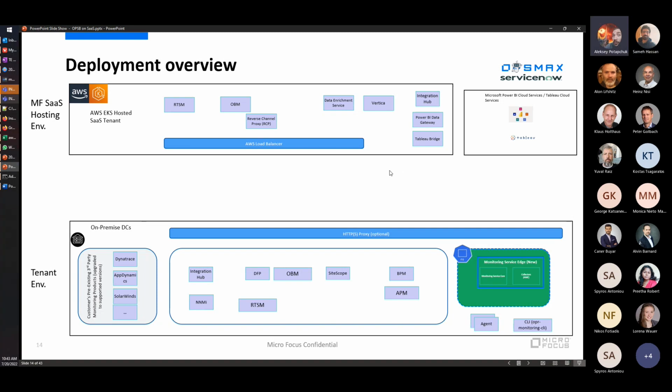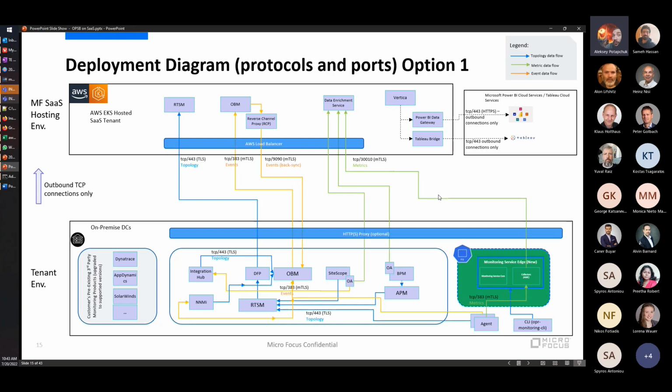Okay, thank you. So the customer environment has Micro Focus products, SaaS has Micro Focus products. What is the relationship between the two? What do we need to establish? Now, let's go directly to a very complex diagram. And what we need to take into account here is just three things: the colors of the interchange. The most ideal scenario for us is when a customer has Micro Focus products, at least on a version of 2105,